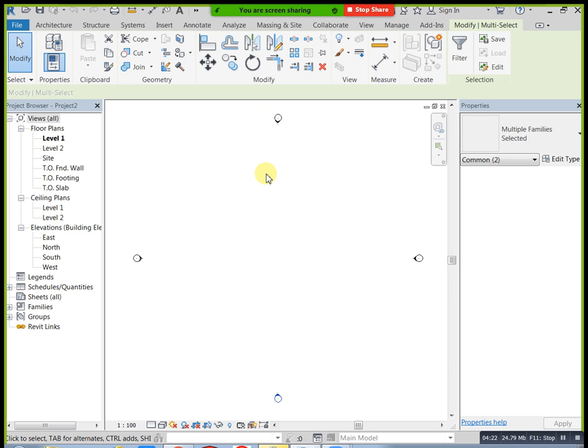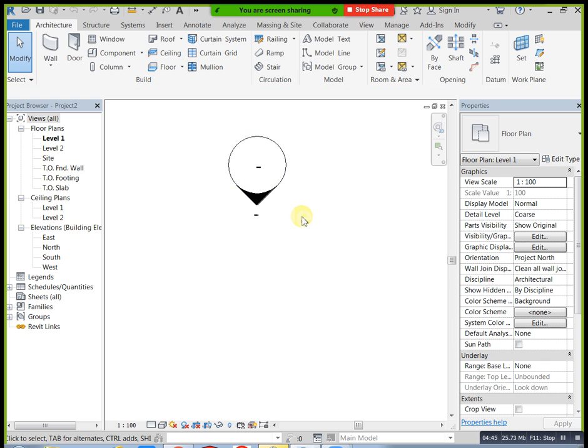In interviews they also ask this question: how can we identify whether our opened interface is metric or imperial? Based on these elevation points you can say whether it is a metric template or an imperial template. In a metric template, our elevation points are circular type. But in the imperial condition, we have rectangular type. I will show that also.